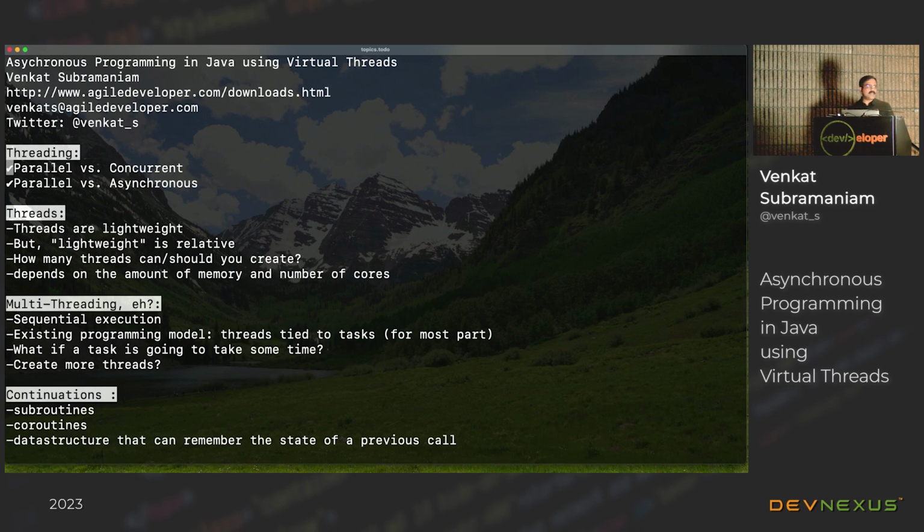Well, one way to think about it is, as an example, suppose I was to walk around here, and as I'm walking around, I can speak and walk, but imagine that I have an imaginary glass of water. I'm going to take a sip of water, and then of course I'm going to say a few words, and maybe I want to take a sip of water again, and then say a few words. I think we all can agree that I can walk and talk at the same time. That's parallel. I don't have to stop talking to walk. I don't have to stop walking to talk. I can talk and walk at the same time. That's parallel. So two things can progress at the same time.